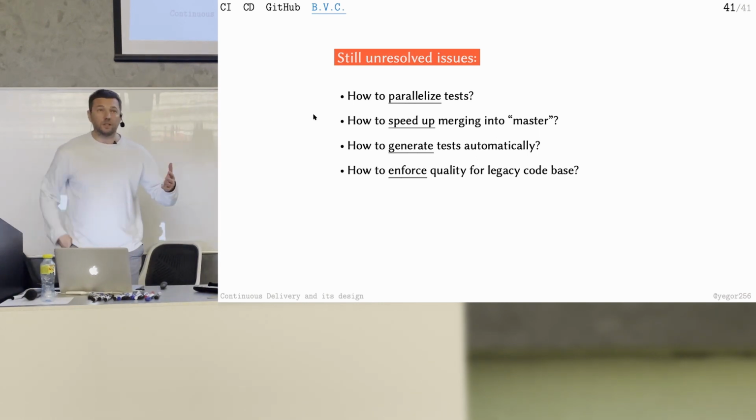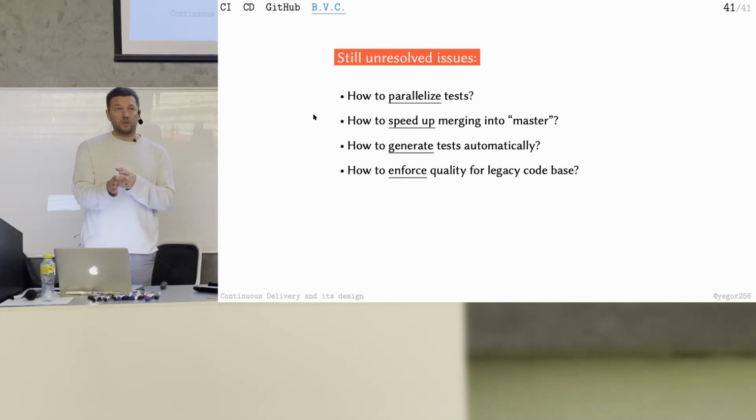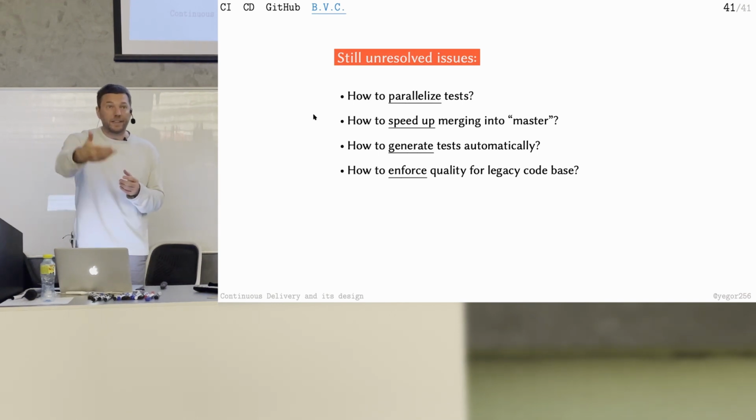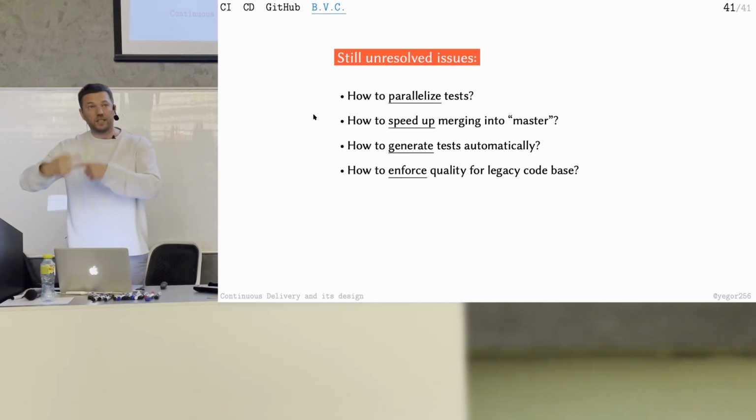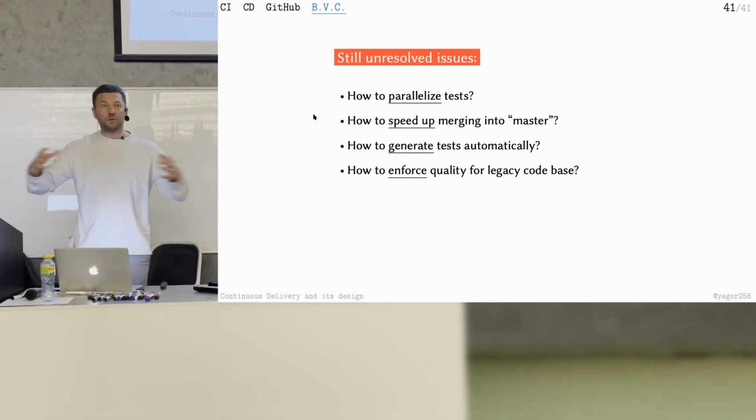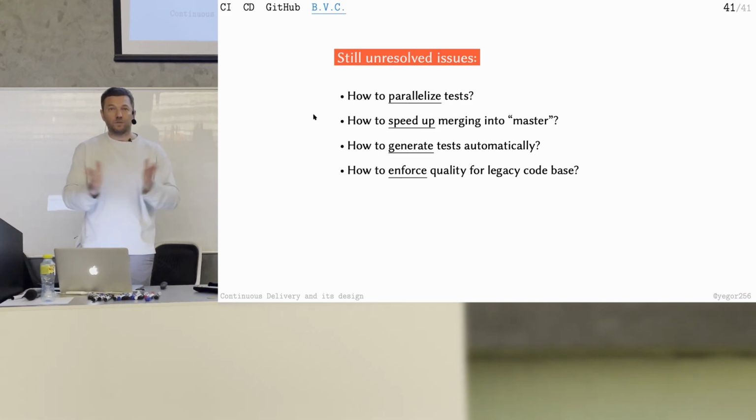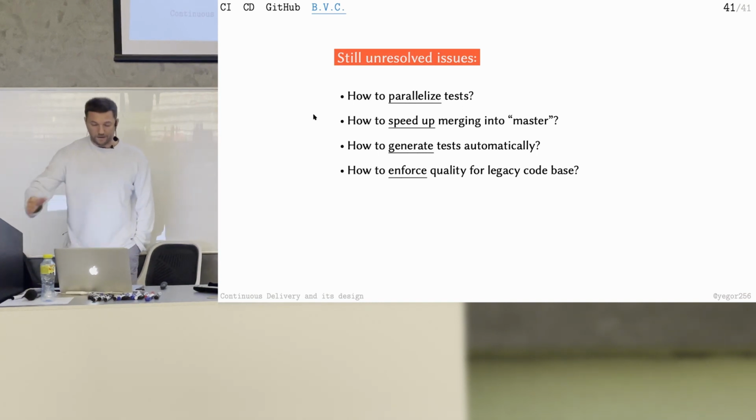More workers, but still you cannot push, you have to wait for half an hour while we test your branch, because nobody else can do anything now. We need to wait before this one gets pushed into master. And then we pull from master, and then we start testing the next one. So we cannot do it in parallel. That's just a fundamental constraint. How to resolve it? I don't know. We tried. I don't know how to do it, theoretically.